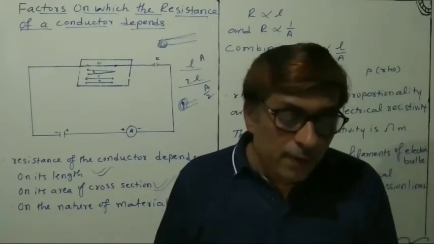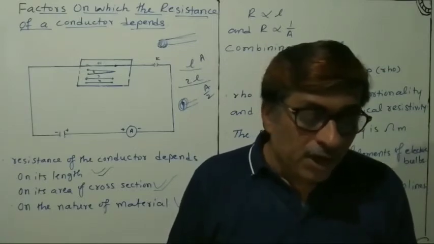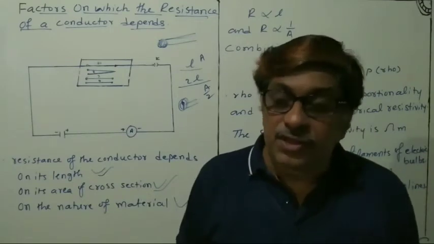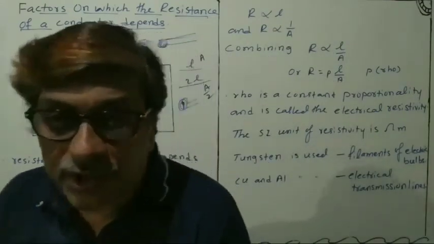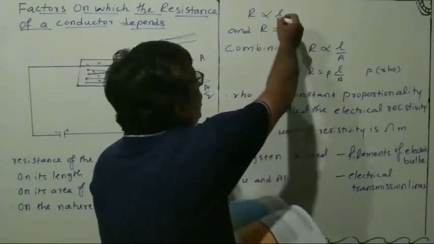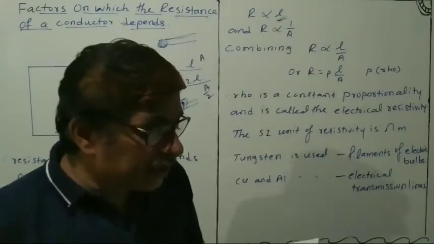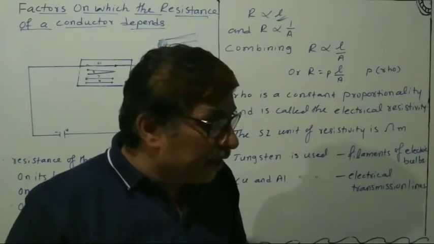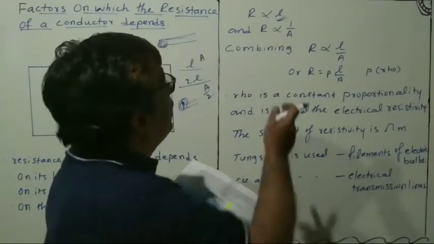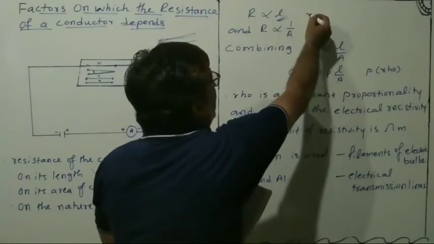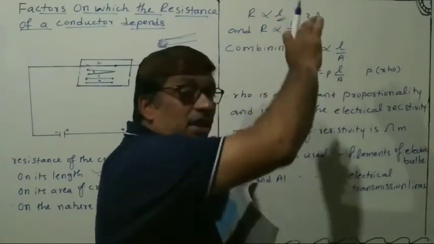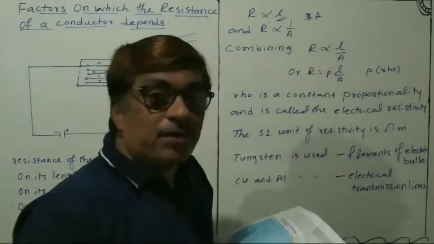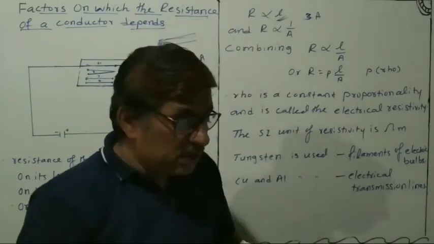So now, next one is: the resistance of a uniform metallic conductor is directly proportional to the length. Try to understand, dear students. The resistance of a uniform metallic conductor is directly proportional to the length. If the length is increased to 2L, then the resistance also increases. If the length is increased to 3L, then the resistance increases further.